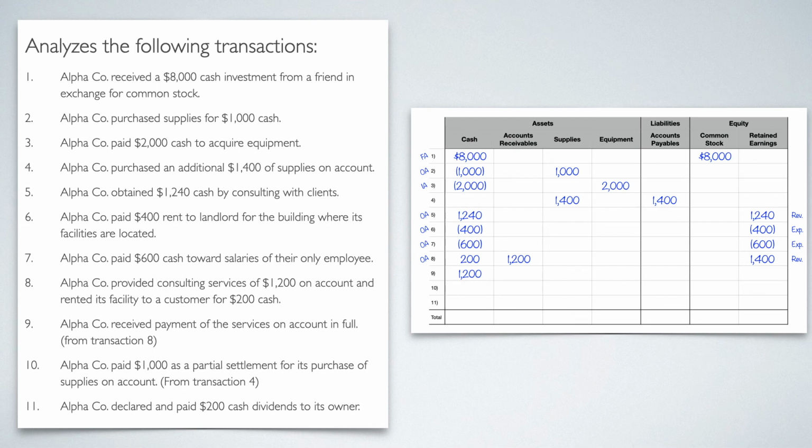Well, they're getting rid of their bill. They're getting rid of what they owe us. So we need to get rid of that on our books. And we originally put it there on accounts receivable. So what we need to do is take it off of accounts receivable. So we will say negative $1,200 under accounts receivable. That gets rid of their bill. This is paying off a receivable, which was originally for a revenue. So this is our day-to-day operations. So this is an OA.